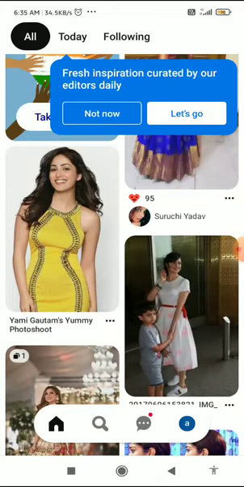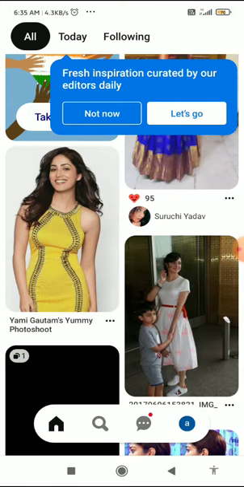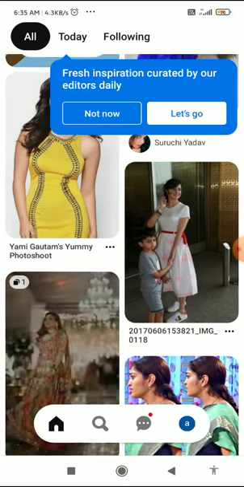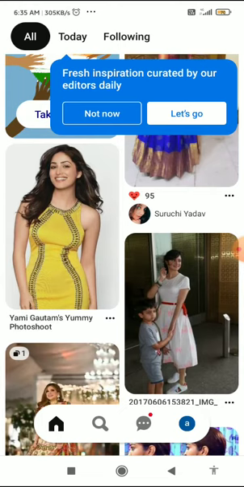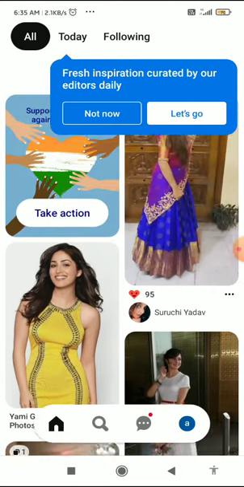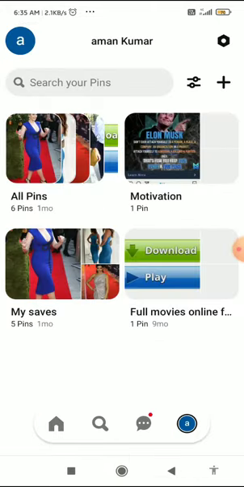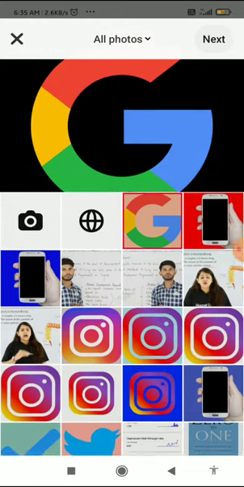The very first thing you have to do is, at the bottom of this page, you can see the home icon, the search button, the comment button, and also your profile name, username, first letter. So you have to click on your username's first letter, and then you come to your profile, and you have to click on the add, and then click on create pin, and you have to